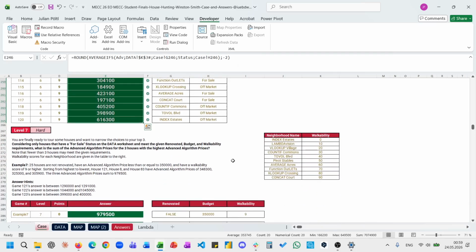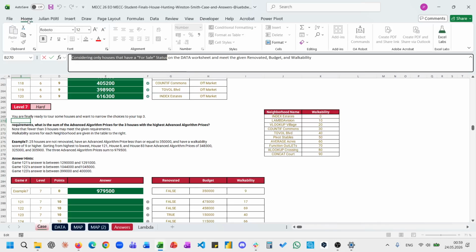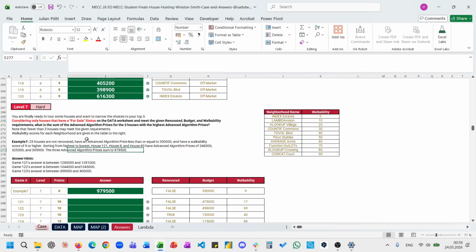So no issue there. Here I was also trapped by only houses that have a for sale status. Yeah, I haven't read properly, and that is the issue. If you are really under stress and sitting there, then it's like reading under pressure. Yeah, I don't know, or maybe it's also my inability to do this. But it should sometimes also have been an Excel skill test. So yeah. Anyways,